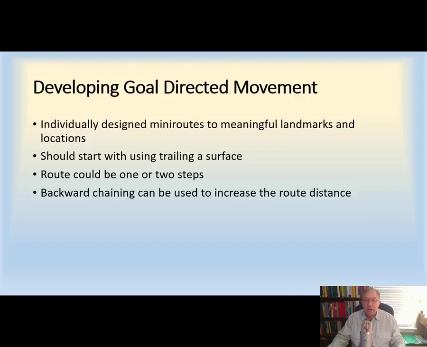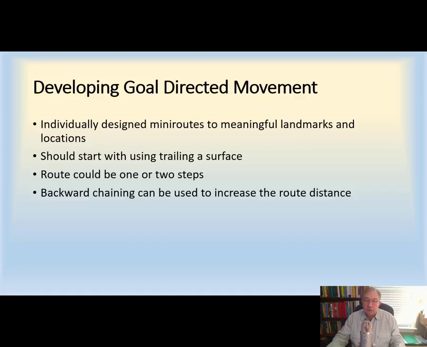And so for regular everyday activities, going to the bath, going to lunch, going to playtime, help with establishing a mini route, something that's short, that gets the child moving. It should start with using trailing, not walking freely in the open, but trailing a surface. And it doesn't have to be a long route. In fact, if a child is only taking one or two steps at a time, the route could be only